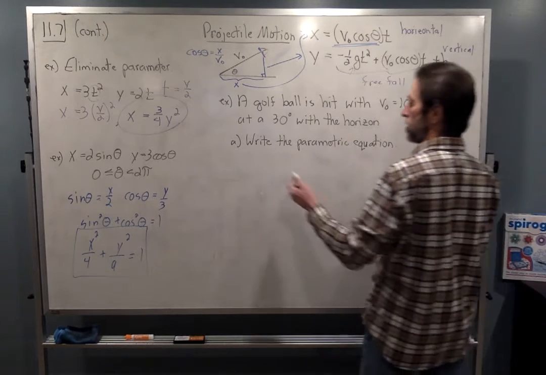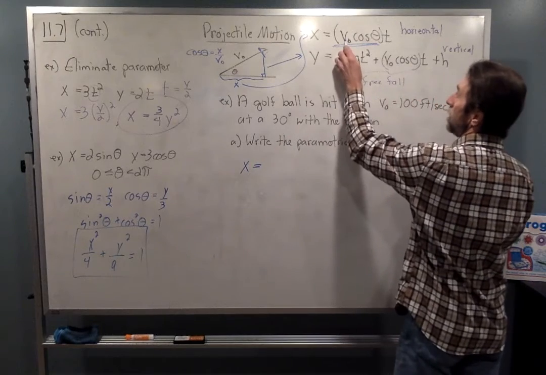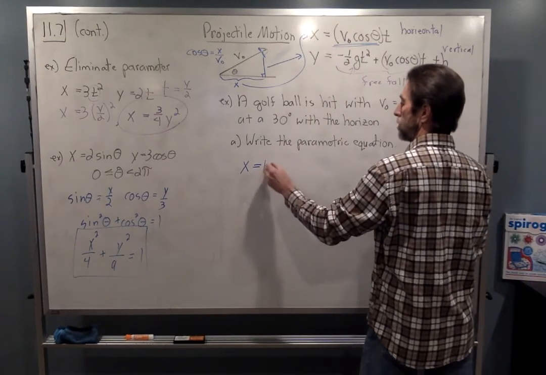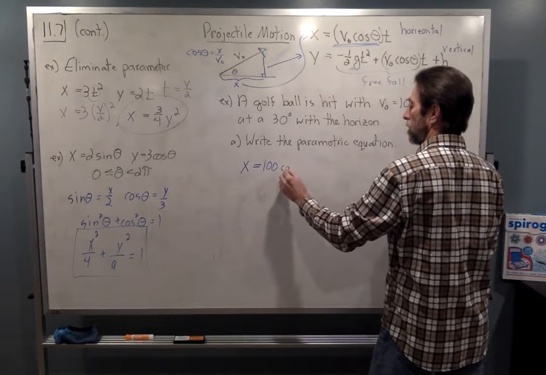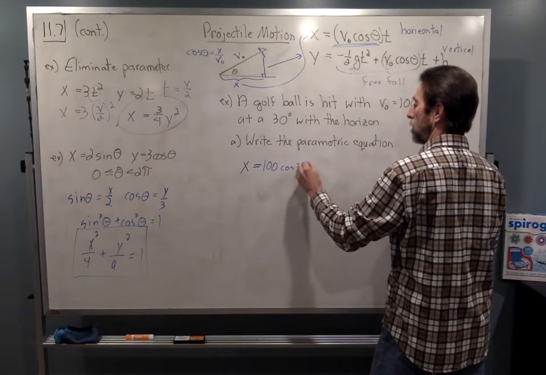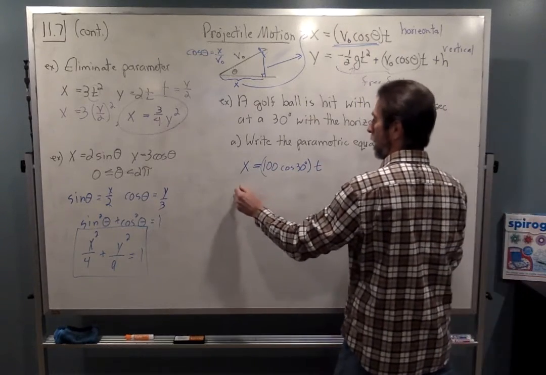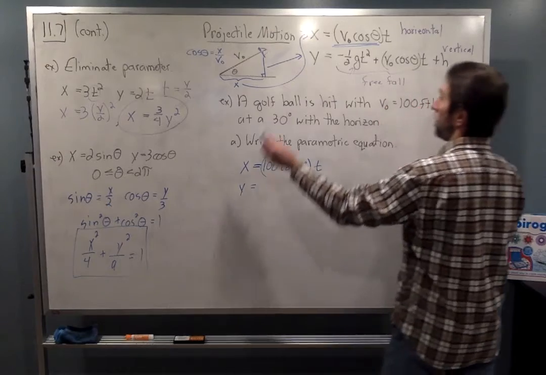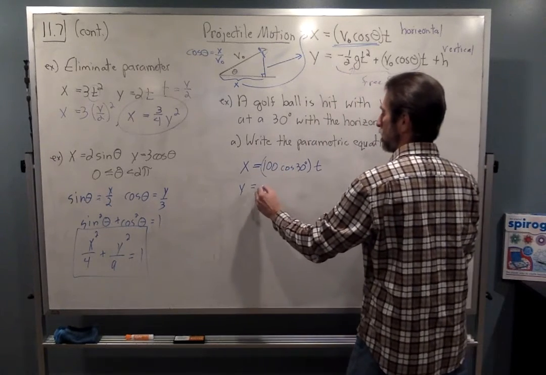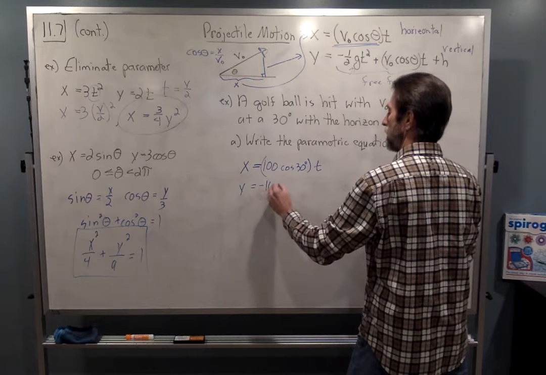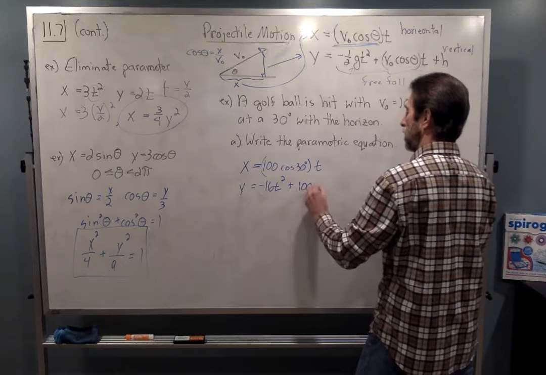Well, it's really going to be as simple as realizing this is 100, this is 30 degrees, and we get t. Whereas y is going to be, it's in feet per second, so we'll get negative 16 t squared plus 100